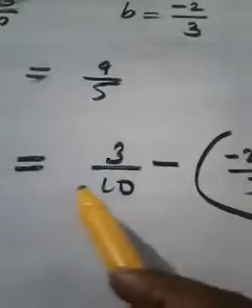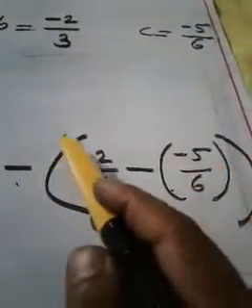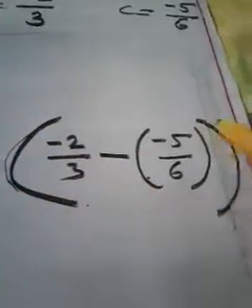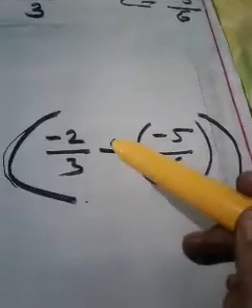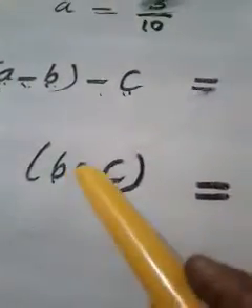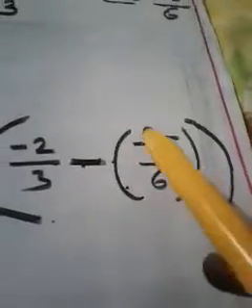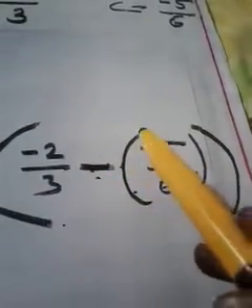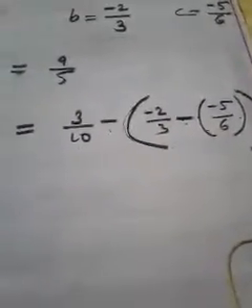Okay. See, a as it is, minus. Then the next two terms should be in a bracket. This is that bracket. And what is the need of this bracket? Because here, see, this sign is this sign. Then what do we have to write? c. c is a negative number. So since both minus came together, in order to separate, I just gave a bracket. If you want, you can avoid that. If you are feeling confusion, you may understand.